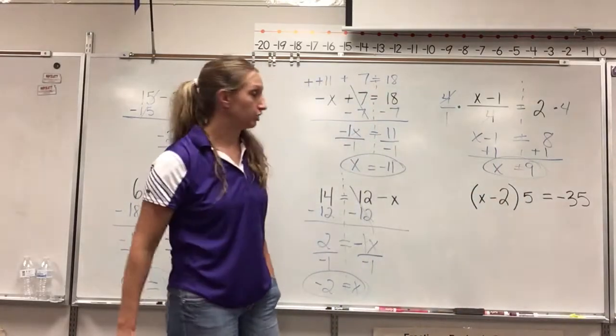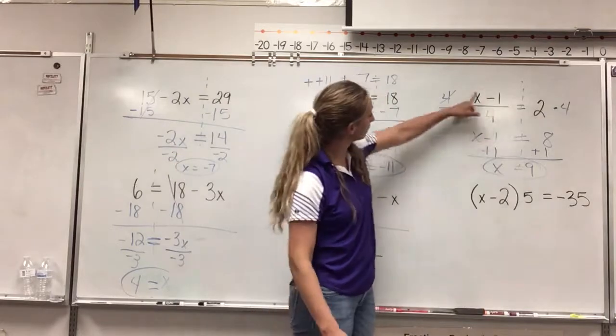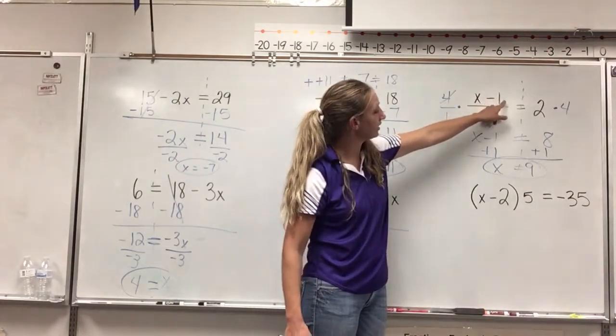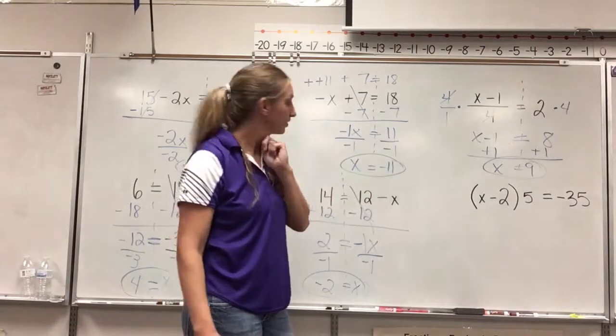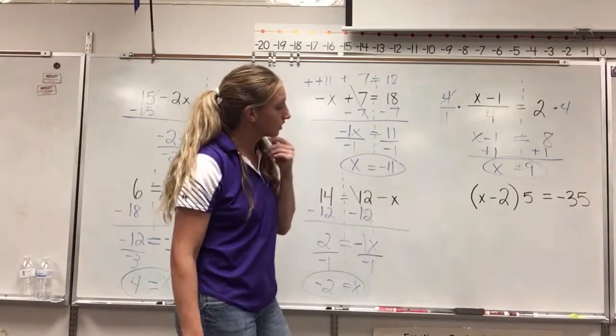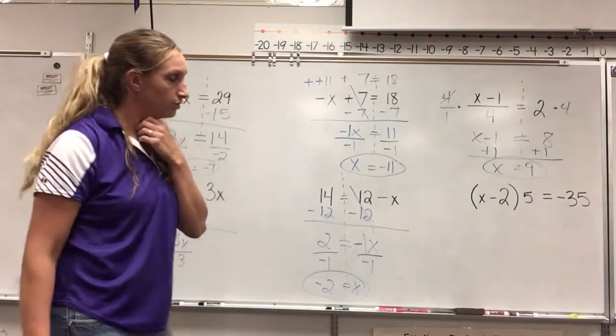This would be an easy one to check real quick. I can plug a 9 back in for x. 9 minus 1 is 8. 8 divided by 4 is 2. So that is correct. Okay, last one I want to talk about today, and we've been talking about distributive property,